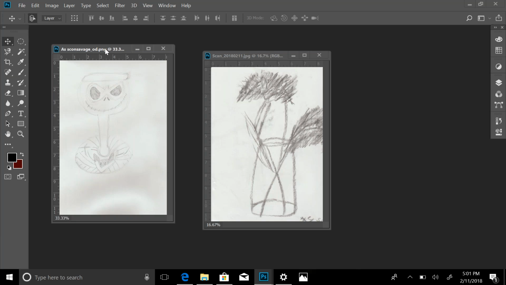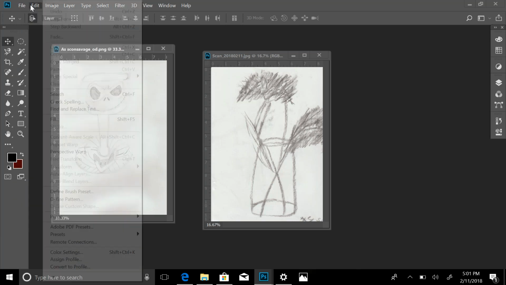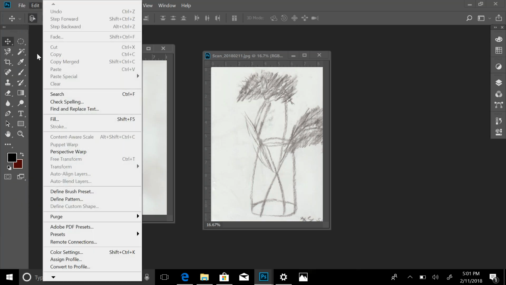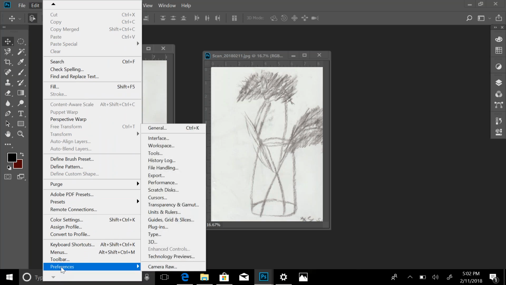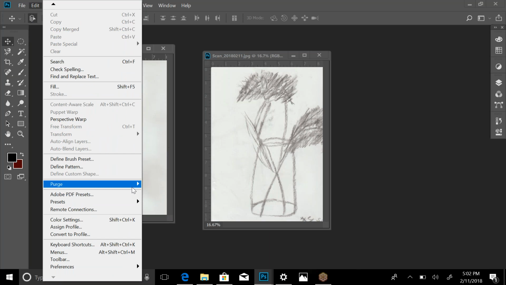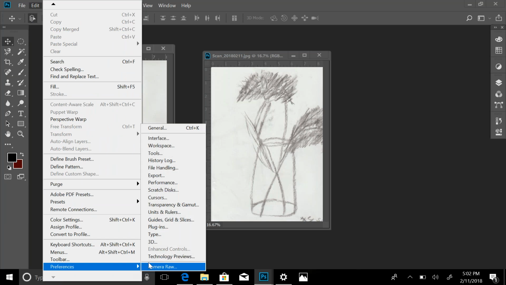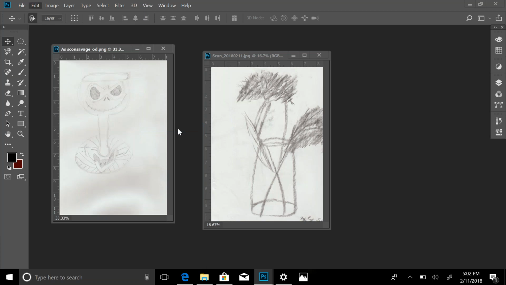Okay? So what we can do is go into Edit, all the way down to the bottom, past this little arrow button. There's the Preferences. And you should go into Preferences every so often and just play around with it just to see what kind of stuff it has. We'll start with the General,